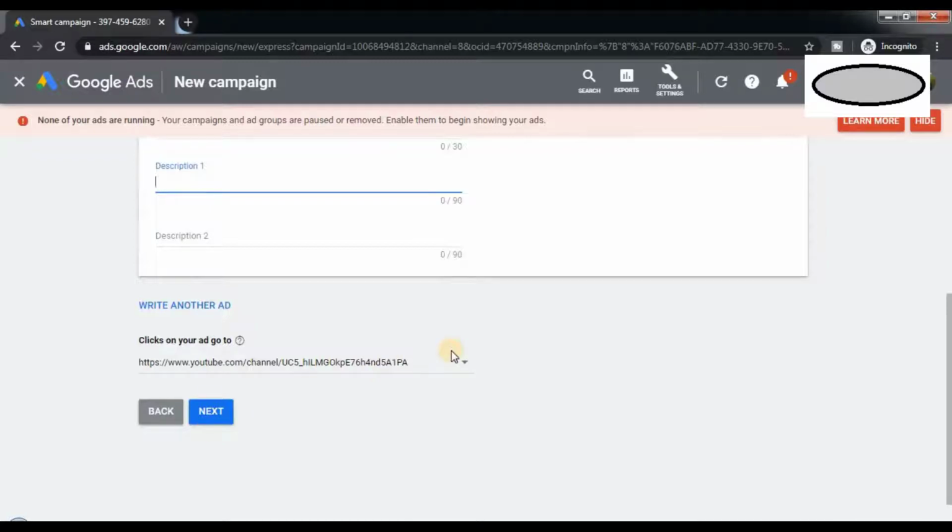Once you are done with this, you can click next. But if you notice, you can have your YouTube channel displayed over here, or the website link that you had given earlier. This is the click to action. Means whenever your ad is displayed or rendered, what is the click to action that an ad has to take? Say for example you are searching something on Google and your ad pops up because the keyword matched. Then clicking on that ad will land you on this YouTube channel.